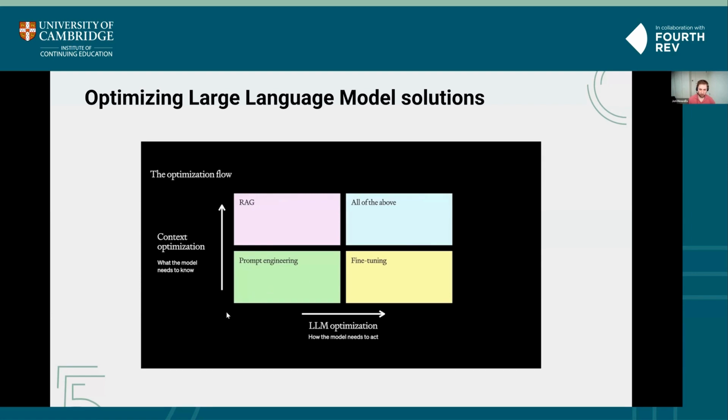A lot can be done just by improving the way you've written your prompt, making sure it's very clear and explicit. Often it's just about rewriting something so there's no ambiguity, a very clear set of instructions that the large language model has to follow. Often the best approaches you'd use when giving instructions to a person also apply to giving instructions to large language models.